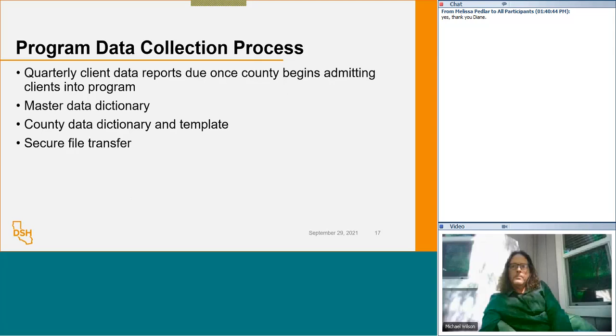I'm going to blank on the word, but she basically created some fillable forms that you can also fill out, which a lot of our counties that have much smaller patient populations prefer to use. So you will be able to choose which method of data collection works best for your county, and we'll work